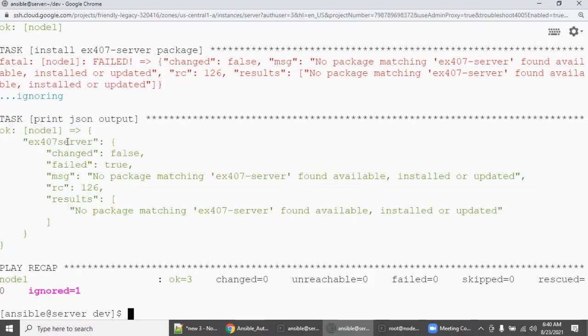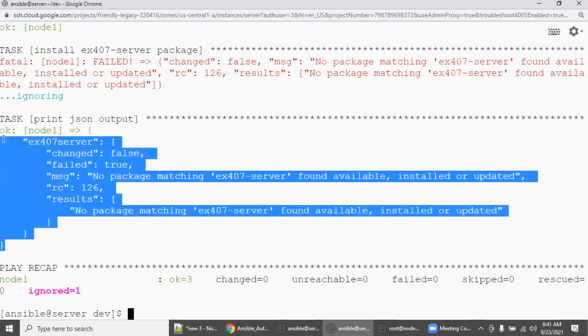In this output, it clearly shows RC 126. This means it's not installed, right? So you need to form a condition. As I stated, don't go with any predefined condition from a book or blog. You create the conditions based on this output. That is the way you can easily learn, because register is really important. If you understand the logic, you can survive in any scenario, right?